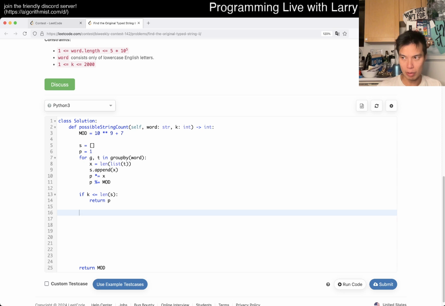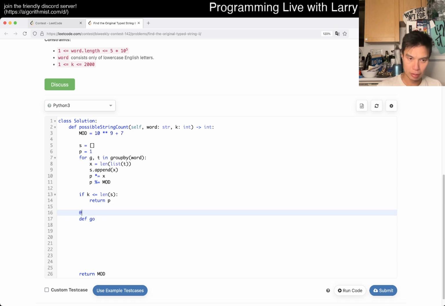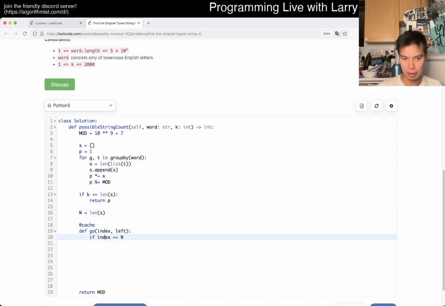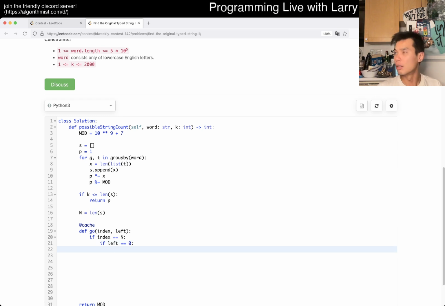Otherwise, now we have to do a DP, right, of index left, right? So index is equal to n, where n is equal to length of s, and well then if left is equal to 0, wait, okay, focus now.